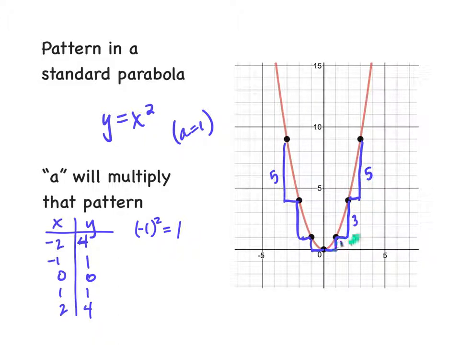So each part of that gets multiplied. And if you're ever in doubt, you can always just use a table. Find your vertex, plug in 2 numbers below it and 2 numbers above it for your x values, and then plug it into your original equation to find the rest of that. So hopefully that provided a helpful